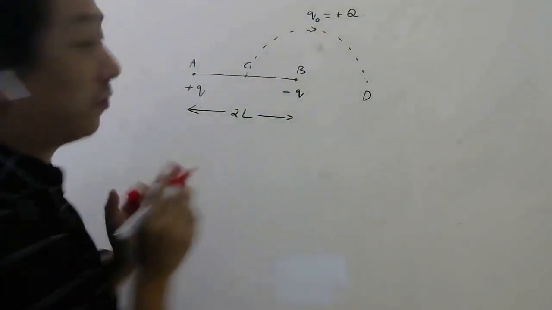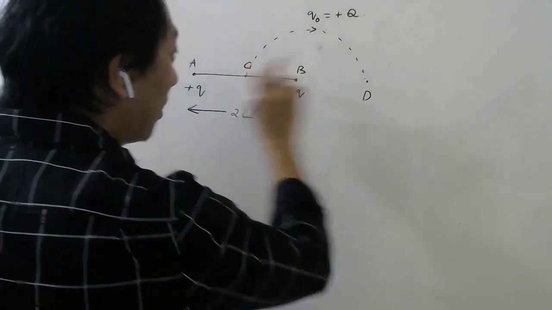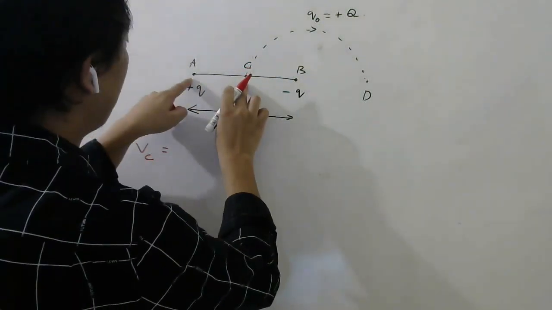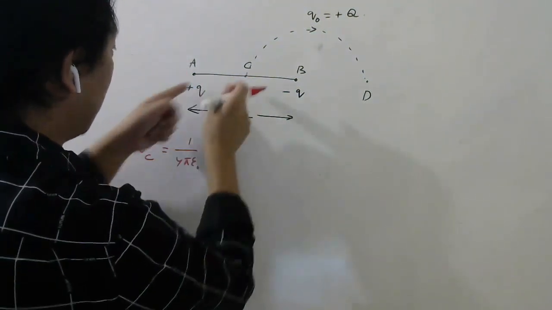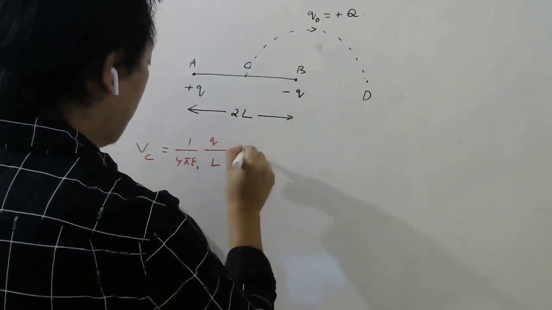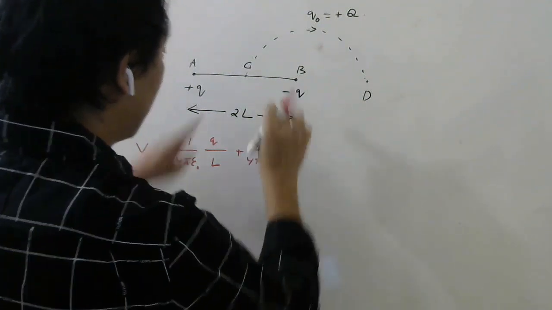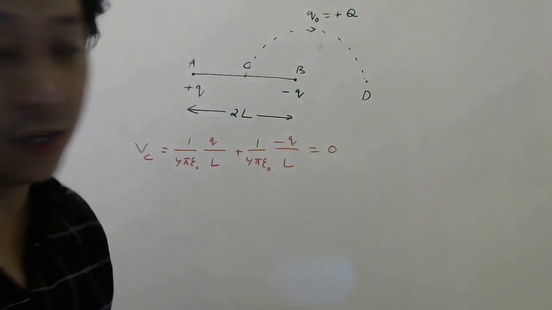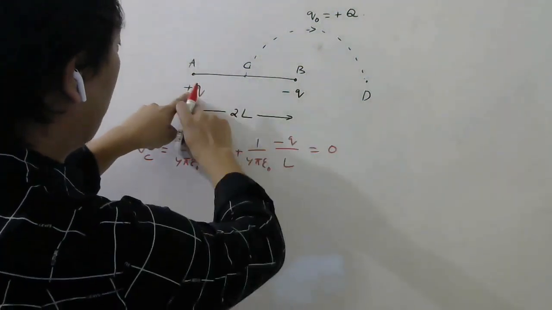First what we should do, first forget about the charge which you move. First find potential at the initial point and the final point. So potential at C will be what? Due to this charge will be 1 by 4 pi epsilon naught Q divided by this distance, which is, this is 2L, so this will be L. Due to this charge will be same but opposite. 1 by 4 pi epsilon naught, charge is minus Q, distance is also L. So this is 0 directly. So it was wastage of time to do it. You should have just observed. This point is in the middle of two equal and opposite charges.